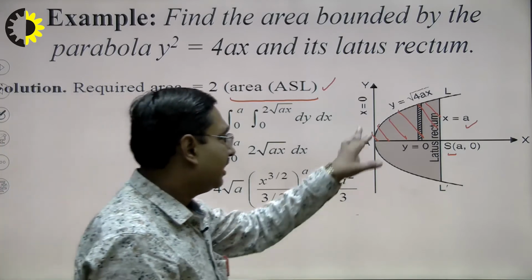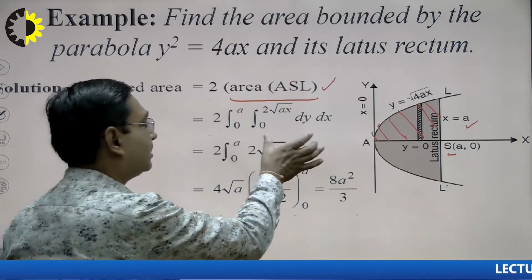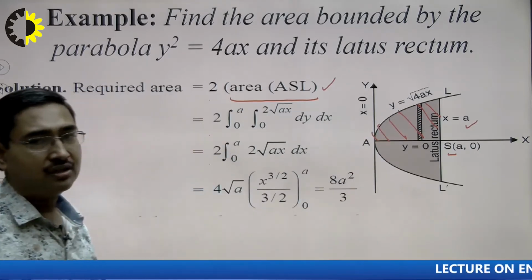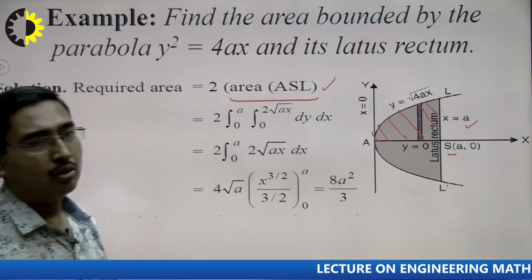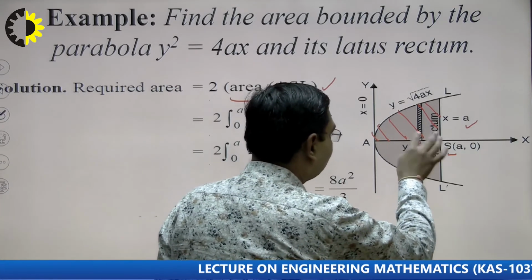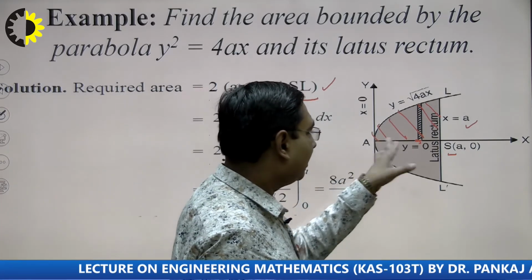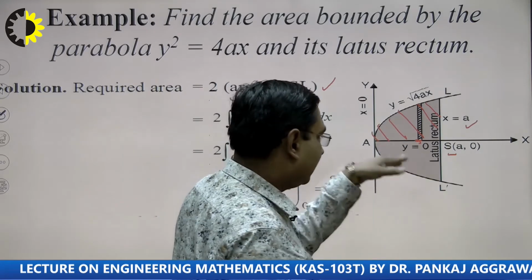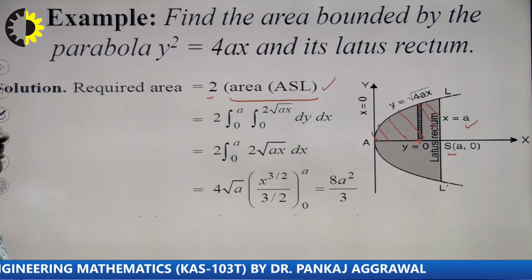This area ASL will now be calculated using double integration, because when I am working with this area, I need to find the limits from this shaded region, and for this, suppose I divide the region into vertical slices. From the lowest point of the slice, because now we are working in ASL, the area below the x axis will not be considered. It is already taken care of by multiplying by 2.